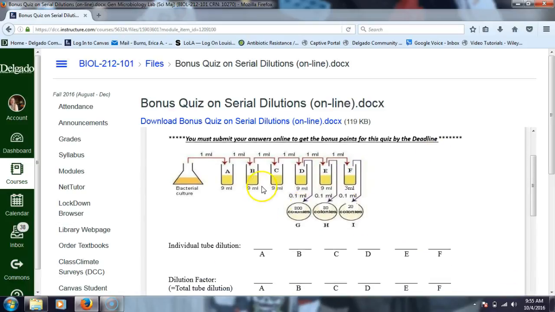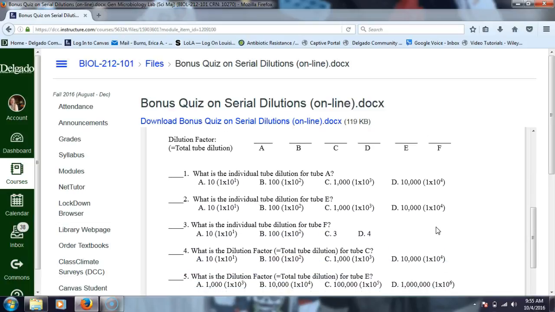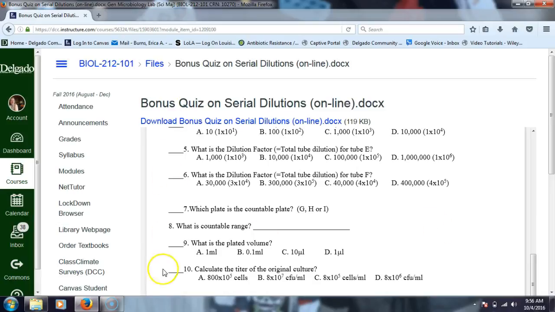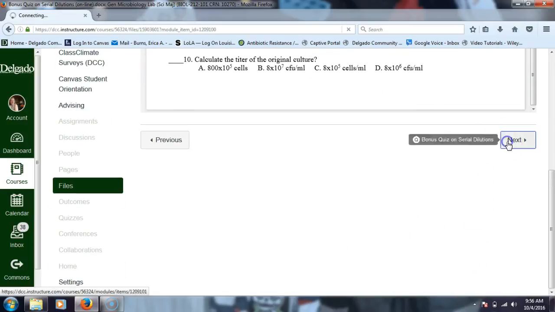So here's the scenario. This is like what we did, the individual tubes. Oh, we didn't do the dilution factor as we kept going. We will do that in this lecture. And then here are all the questions, and it's multiple choice, so you can just fill it in on the quiz. The next link is to the actual quiz,